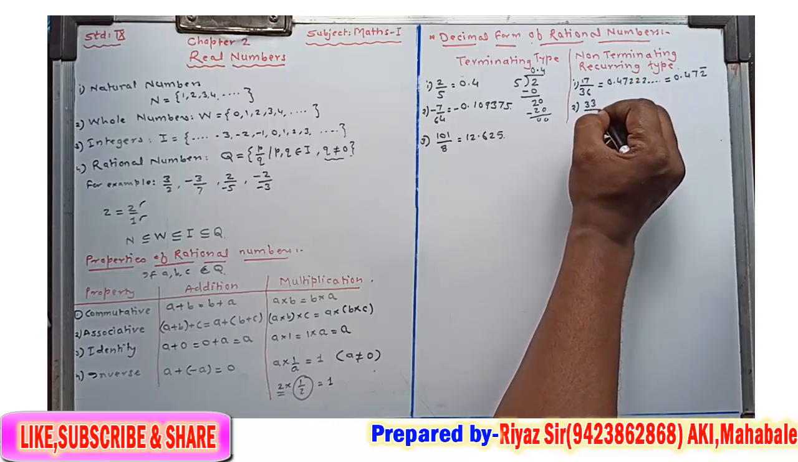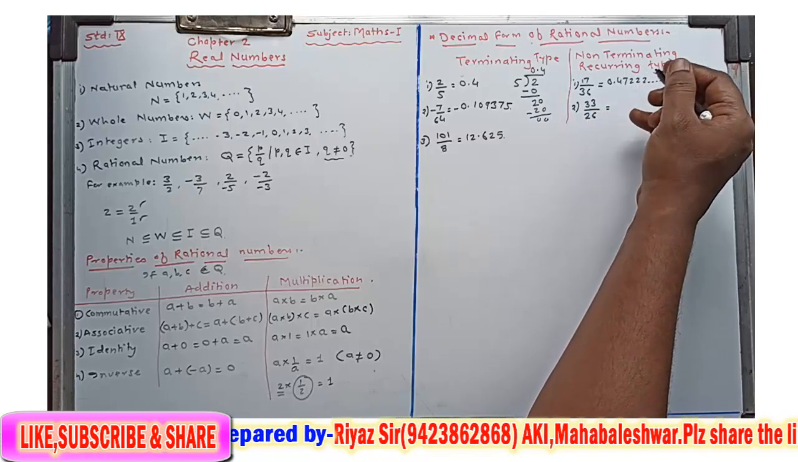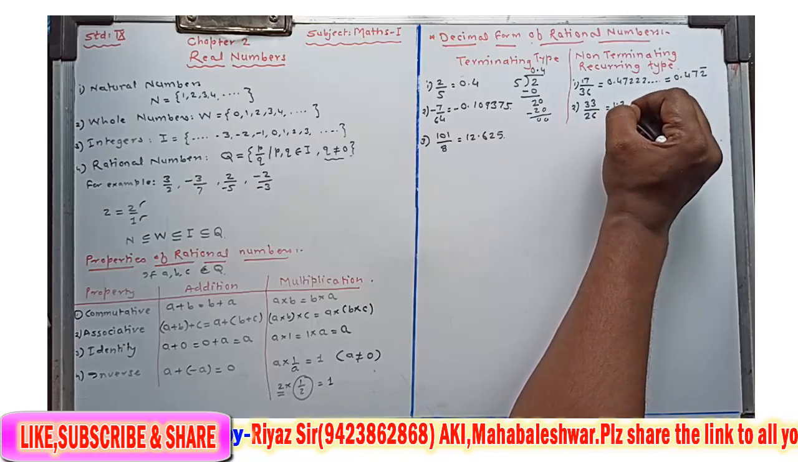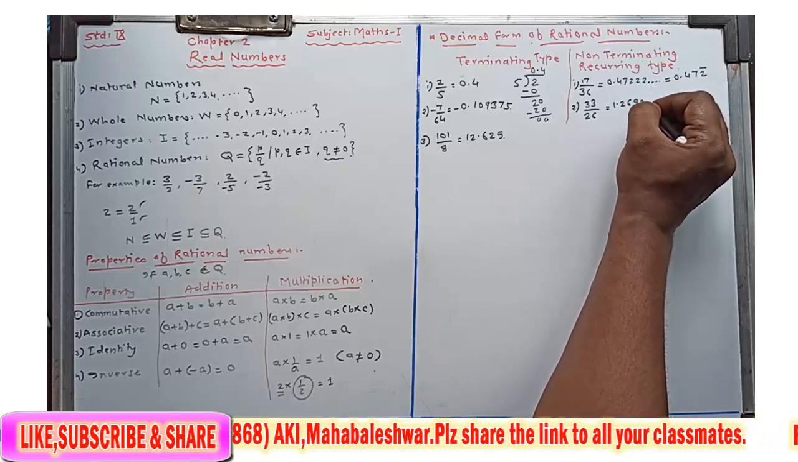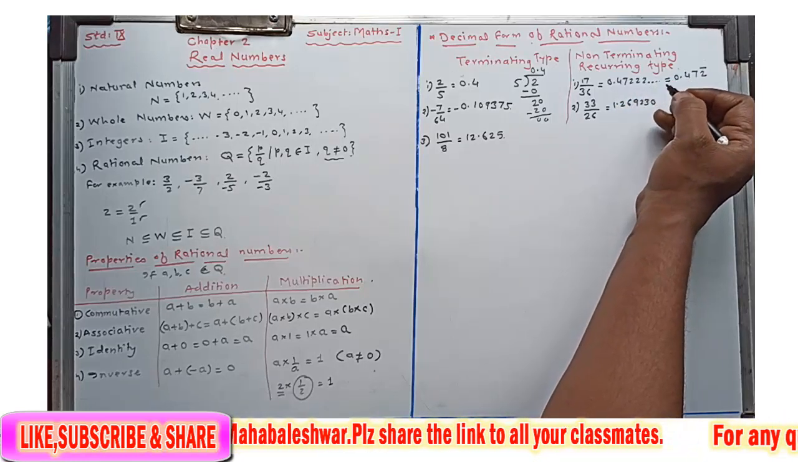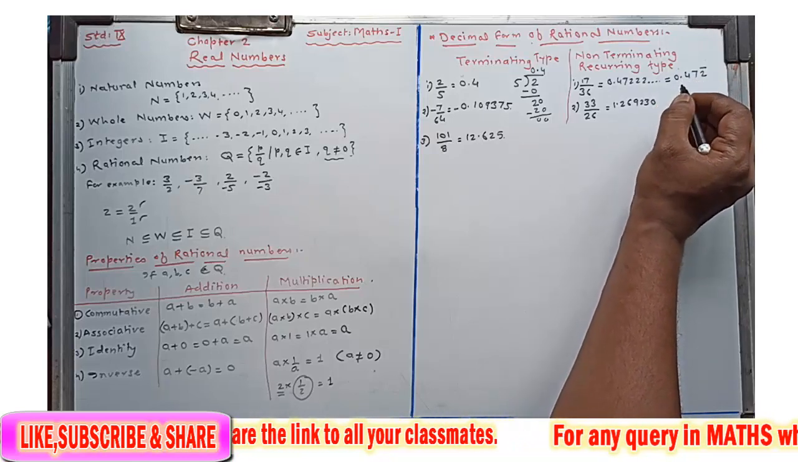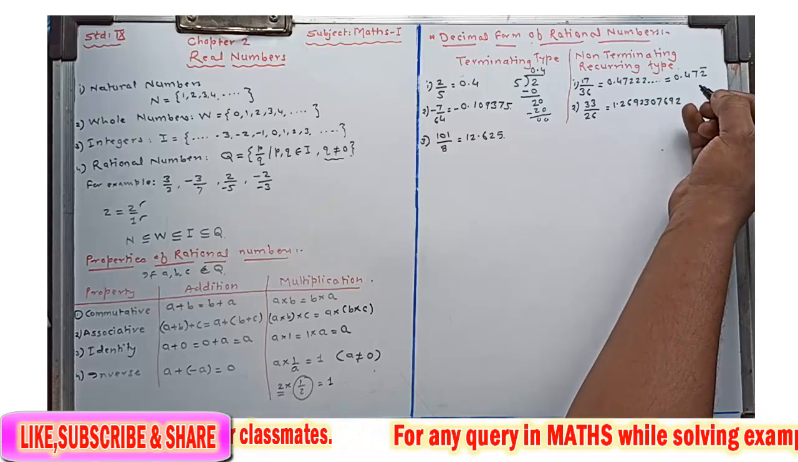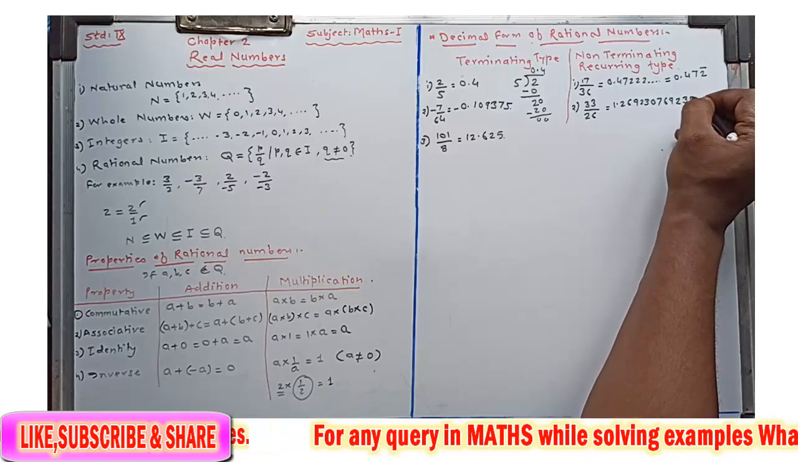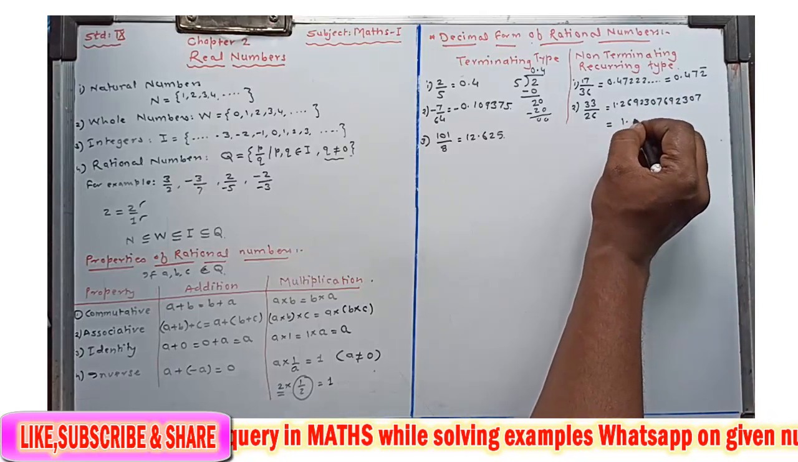33/26. 33/26. The answer is 1.2692307 and so on, and this number we can write as